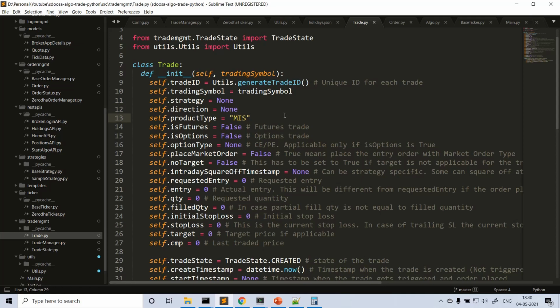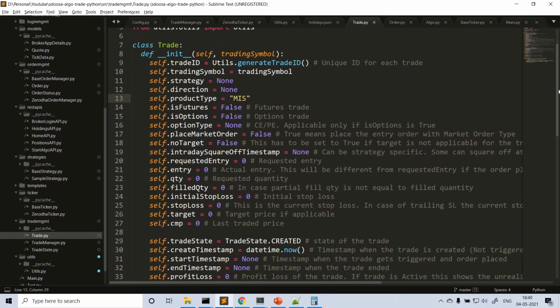If you want CNC or NRML, you can use this framework to implement your own logic. NRML and CNC are out of scope of this project. Only intraday strategies are in the scope of this project.